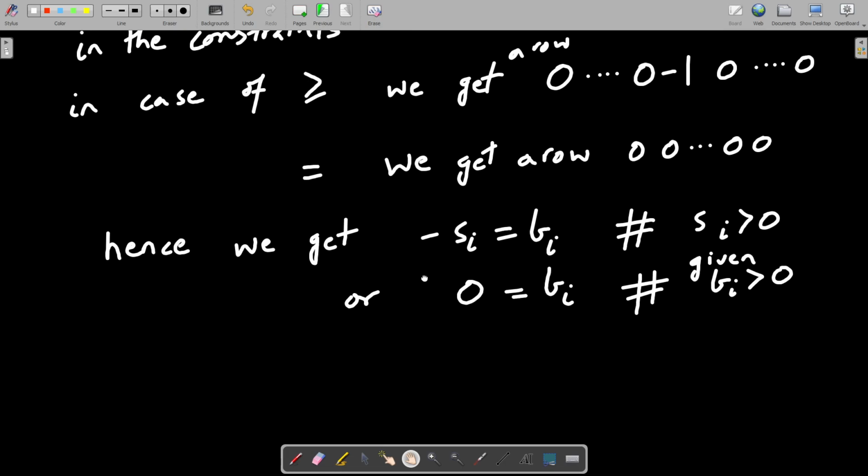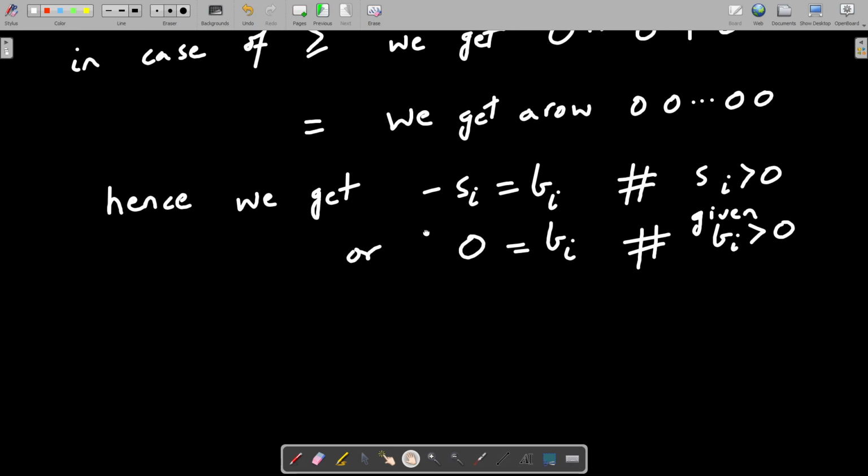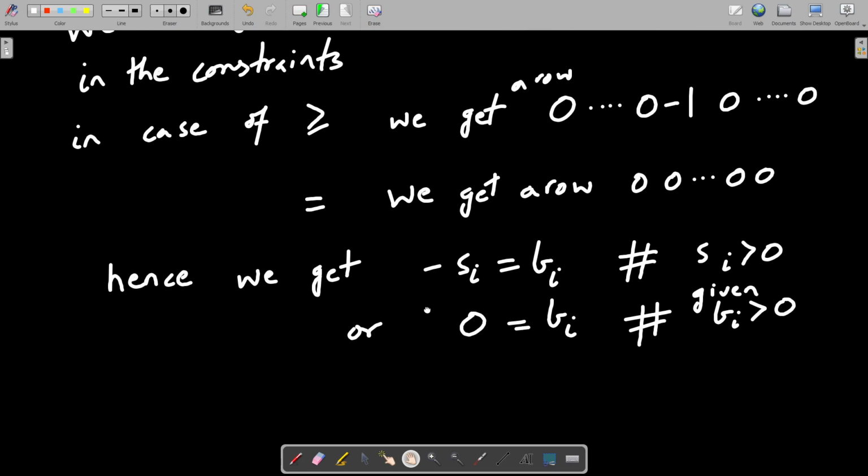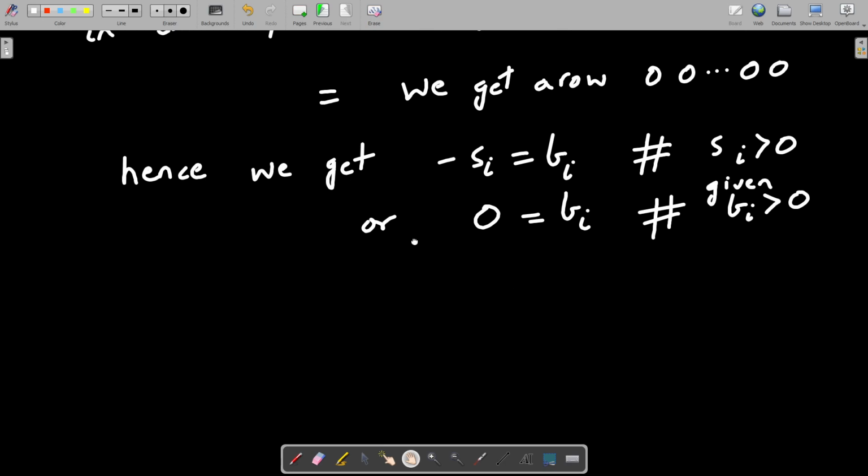So now what to do to start the problem? In ordinary less equal to problems, we automatically get that identity matrix, and treating the other variables as 0 gives the basic feasible solution, right? S1 is equal to B1, S2 is equal to B2 and so on. But now we don't have it.